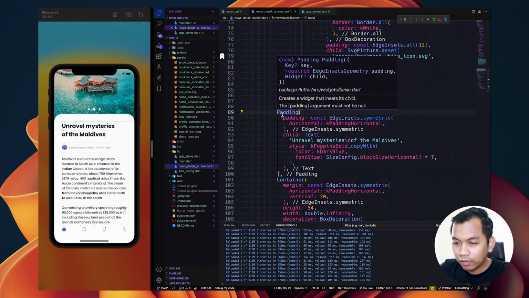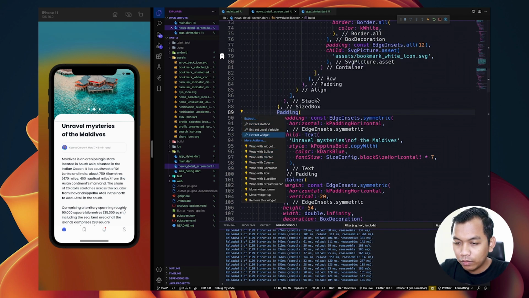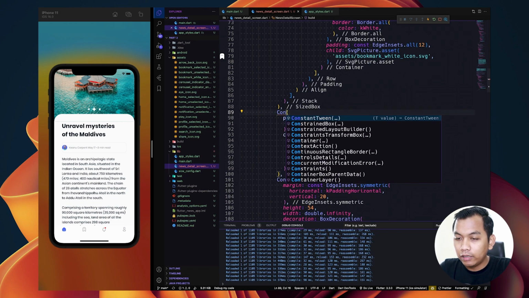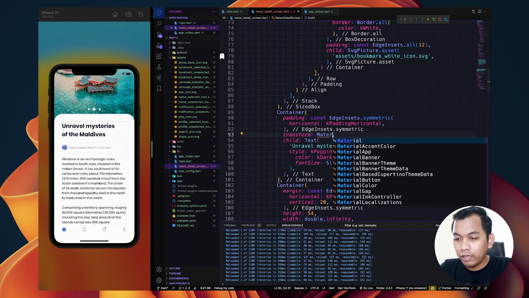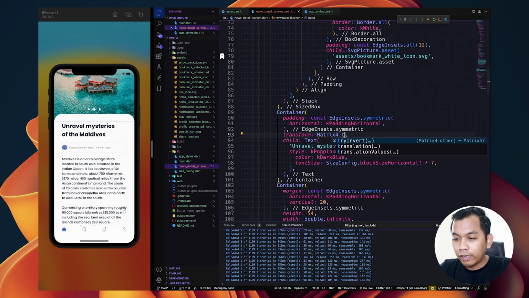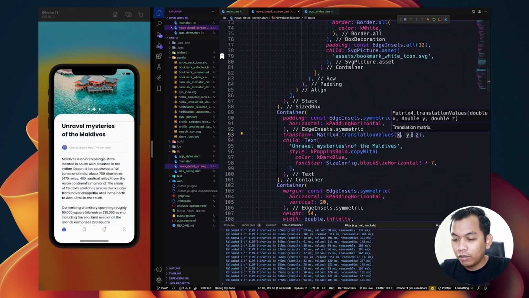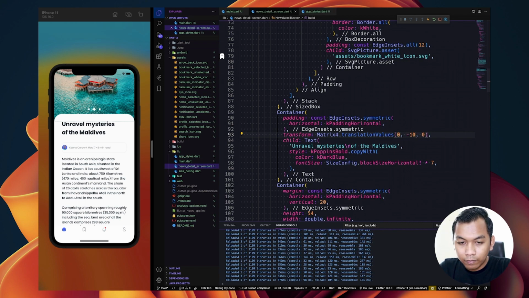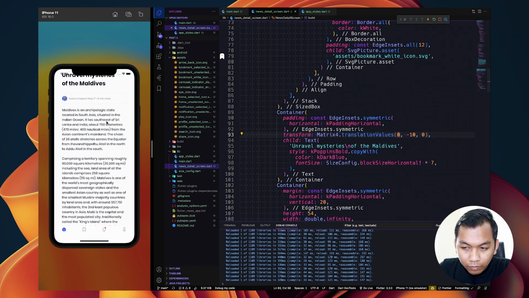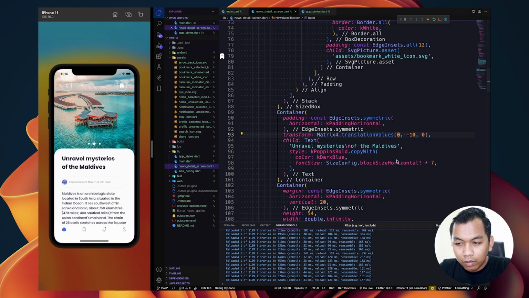Change this into something like Container, and Container still has padding, and Container also has transform, and we will say Matrix4 translation value. It means that we will translate the y value, I think -10, or I think let's experiment with 20.